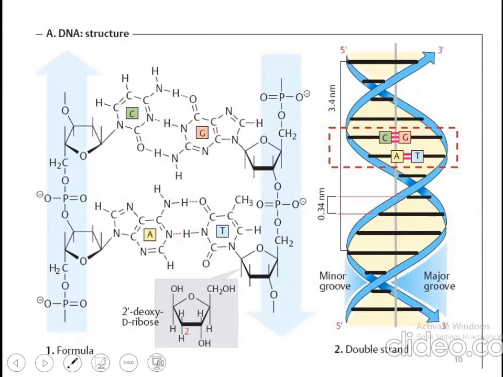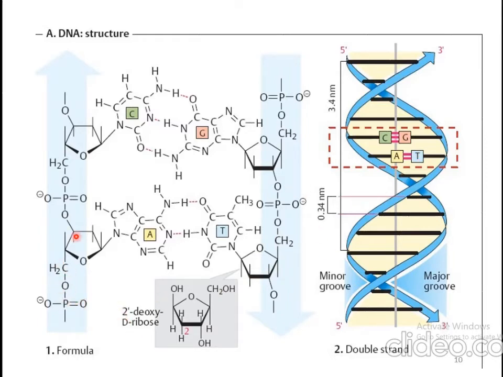The formula of this double helical structure, you can see in this picture, in which nucleotides get attached with each other by the formation of phosphodiester bonds, and the nucleotides of one helix get attached with the nucleotides of the other helix, and this complicated structure is formed. You can see these are the pentose or 2-deoxyribose sugar in the case of DNA, whereas simple ribose sugar in the case of RNA, and RNA is single helical structure, whereas DNA is double helical structure.